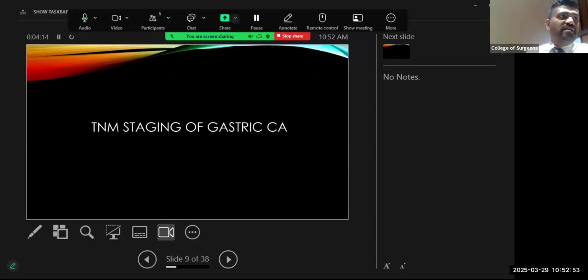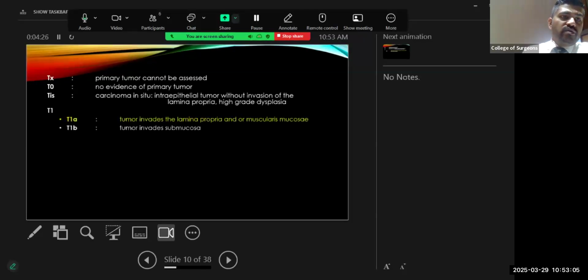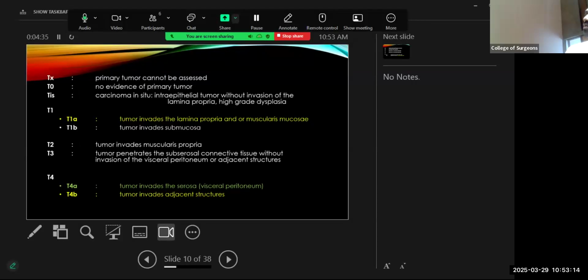So what is important to us is the TNM staging. So how do we stage? Tumor, node, and metastasis. When it comes to TNM, T1 to T4 is there. Most important points I have highlighted here. T1A is where the tumor invades the lamina propria or the muscularis mucosa without involving the submucosa, which is the cutoff that we take for endotherapy. And T4A, the later stage, advanced stage, which says the tumor invades the serosa, that is the visceral peritoneum,